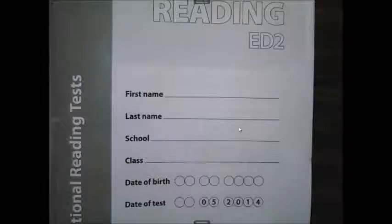So, first of all, let me take you through what's going to happen here this afternoon. The paper in front of you has 4 sections, a practice section, and then 3 other sections. We're going to spend 20 minutes going through the practice section and the first section, and then we'll look at the answers there, and then I'm going to give you 20 minutes of time to complete the second section by